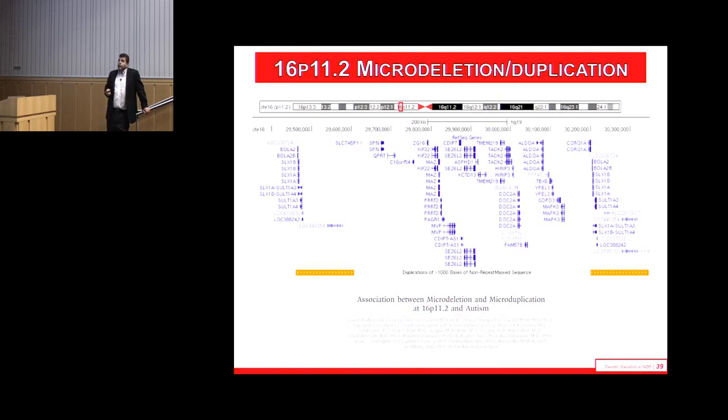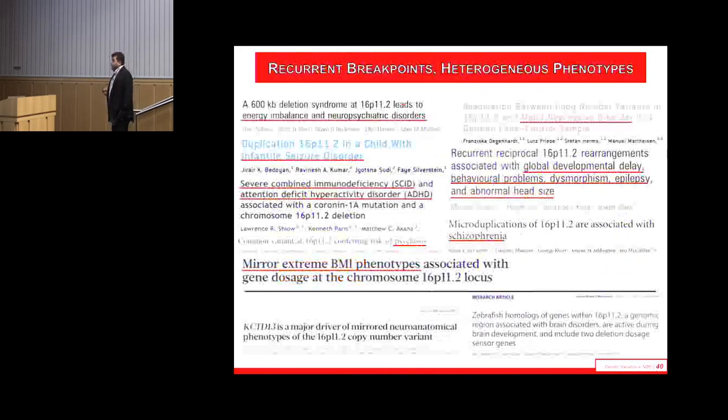So of course the mechanism is a mispairing of these segmental duplications. So you either end up with a loss of the genic segment and one segmental duplication, or a duplication of the region and a duplication of one segmental duplication. So the problem with NAHR-mediated rearrangements is, although they're the most common class of copy number variants, they have recurrent breakpoints. So you can't actually get to the individual driver genes within the region.